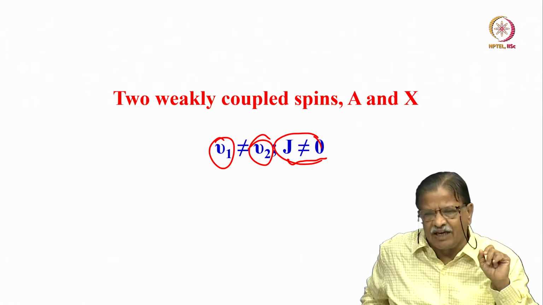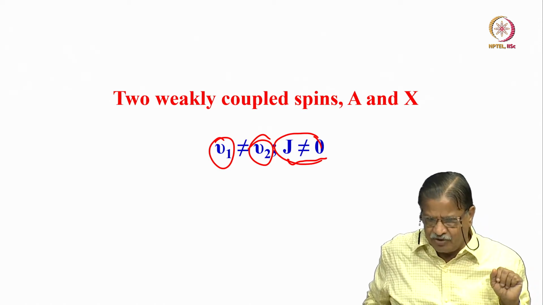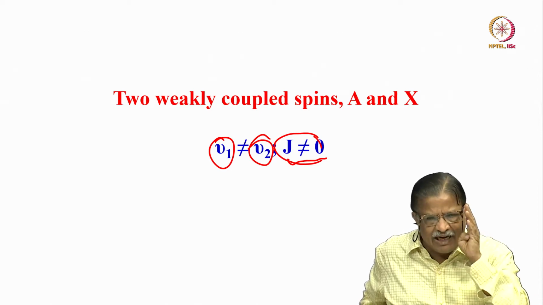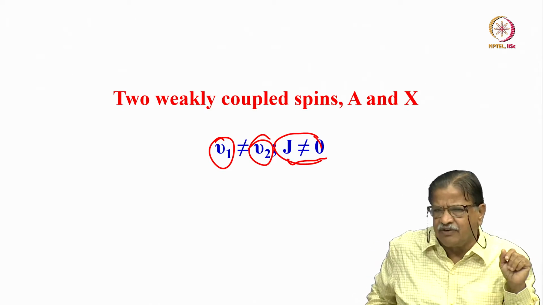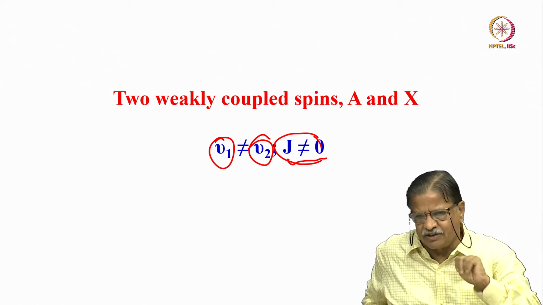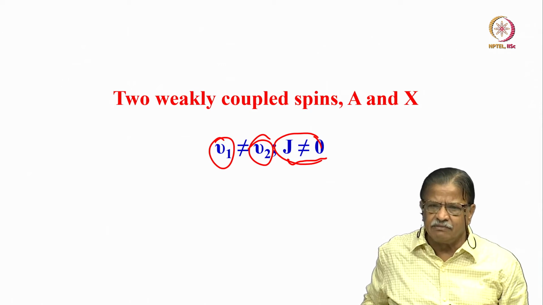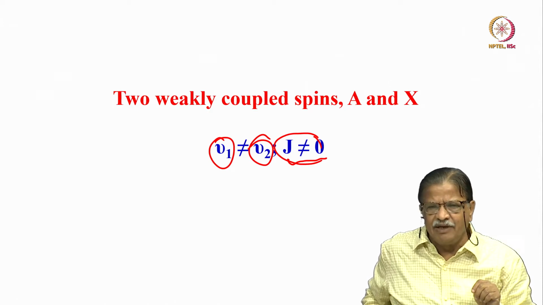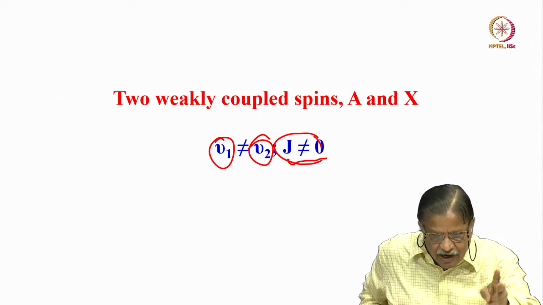But when you assume the J coupling is not there, all the off diagonal elements are 0. We calculated and showed that only 4 diagonal elements are present, and using these diagonal elements we calculate the transition frequencies, which are nothing but the eigenvalues. Using the selection rule, there are 4 transitions allowed, 2 for A and 2 for X. The 2 A transitions are at identical frequency, and the 2 X transitions are also at identical frequency. So instead of 4 peaks you get only 2 peaks, in each of which 2 transitions are overlapped.